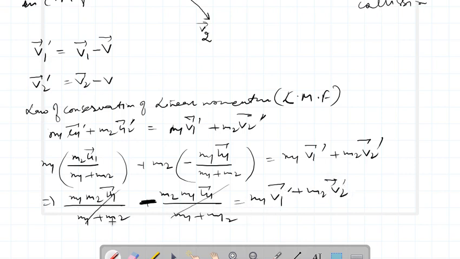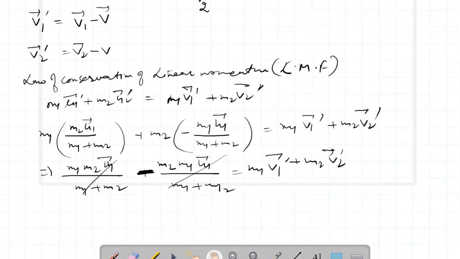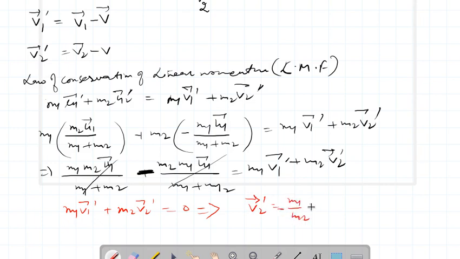So both are equal and opposite, so they will cancel out. So the result I am getting is that m1 v1' plus m2 v2' must be equal to 0, which implies that v2' is equal to minus m1 over m2 times v1',